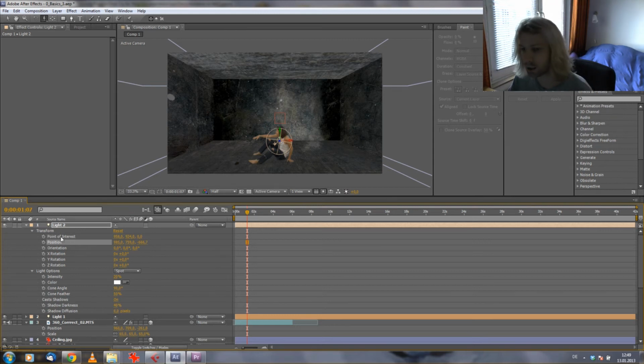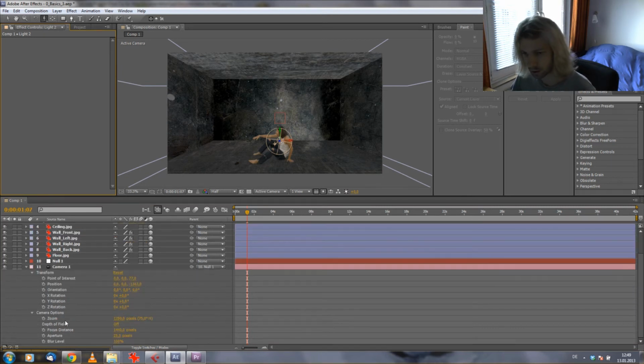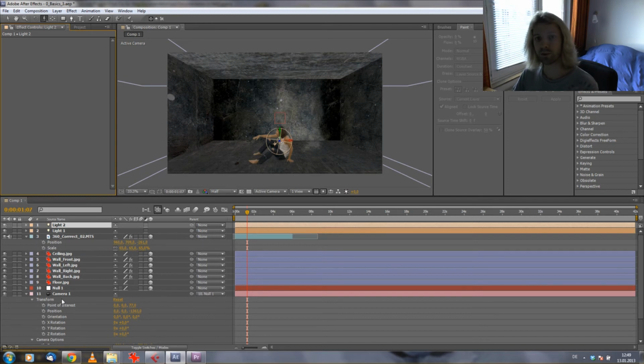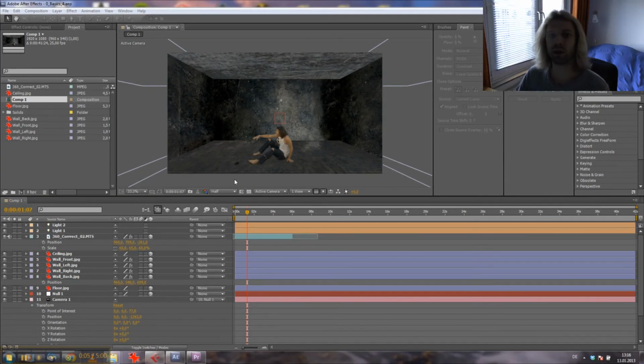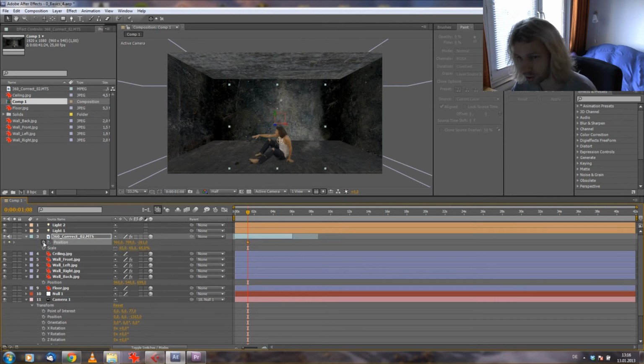Okay, and yes, so we have it keyed out, and next up, the last basic will be keyframing. Keyframing basically means you change the property of an object over time, and you can keyframe any property that has this little stopwatch next to it. And the way you do it, you go to the point on the timeline where you want the change to take place, and then you just hit, for example, we'll change the position here, you just hit this